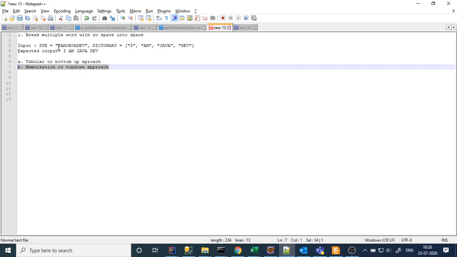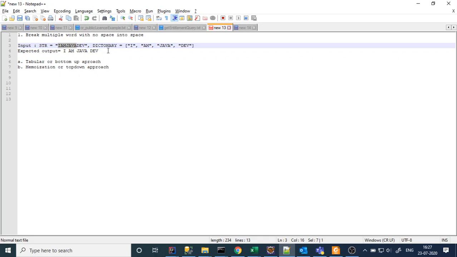So for example, we have this string. If we divide this problem into smaller chunks, suppose the first character is a string whose length is 1, and if I am able to solve this one, then recursively we will go for the substring whose length is 3, the substring whose length is 7, right?